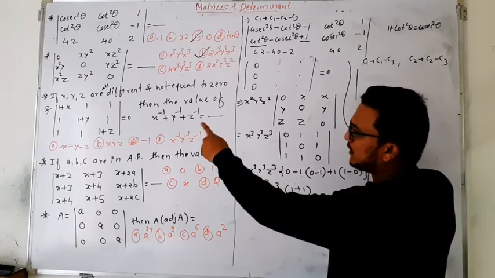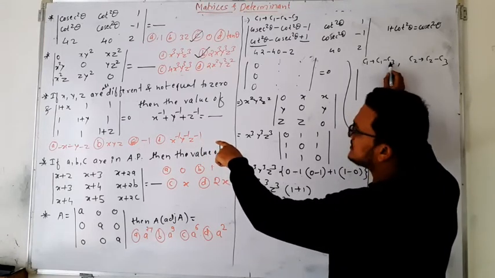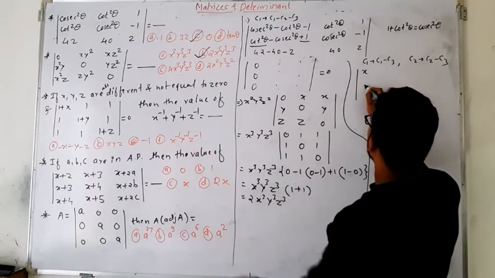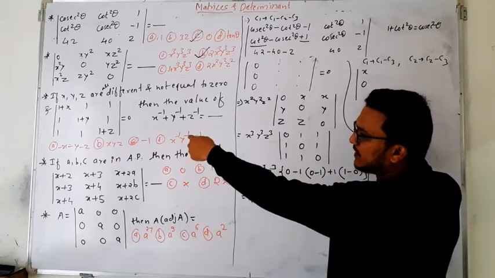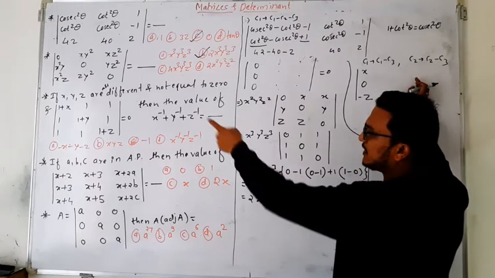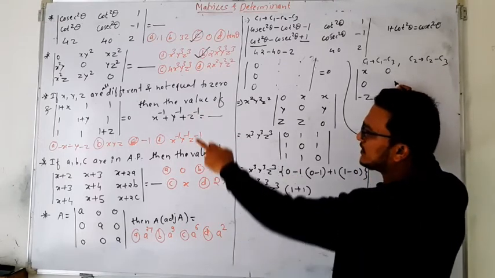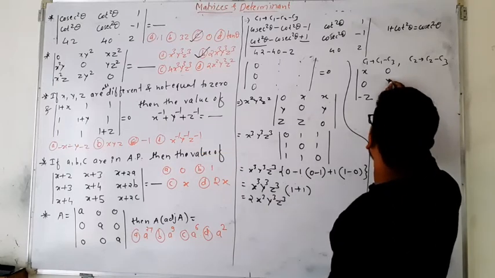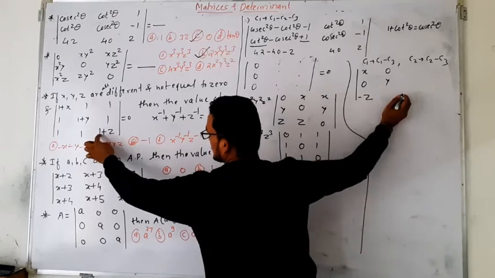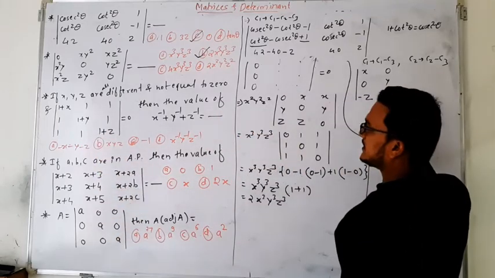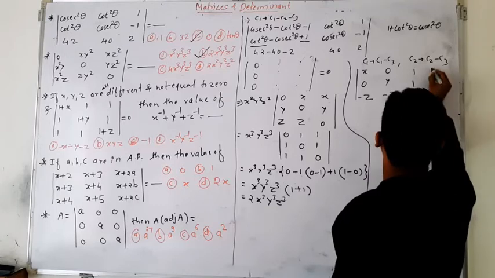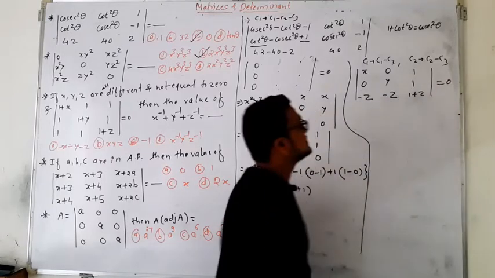See, 1 plus x, C1 minus C3, right? So the 1s get cancelled, left with x here. 1 minus 1, it is 0. Then 1 minus 1 gets cancelled, left with minus z. Then C2 minus C3 again. 1 minus 1, it is 0. 1 plus y minus 1, so left with y. Then 1, and this is minus, so again 1 gets cancelled, again left with minus z. And then the third column is as it is, 1, 1, 1 plus z, which is equal to 0.